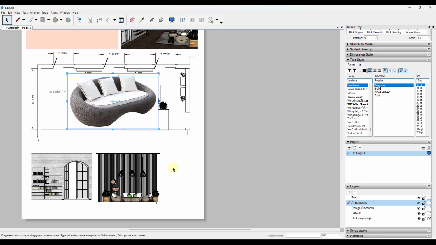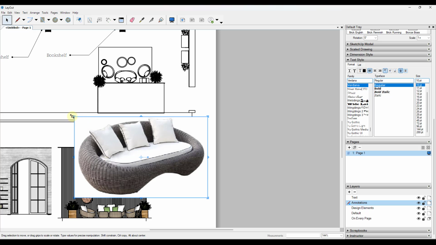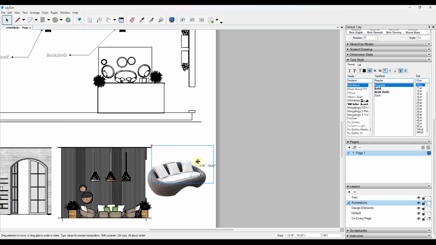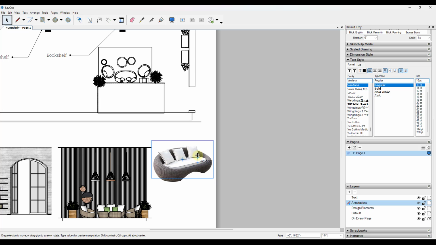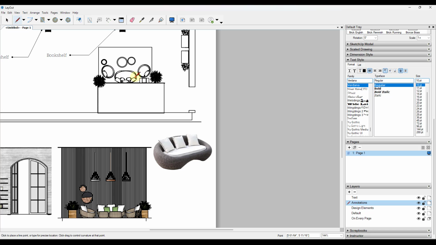And so one of the things we can do is we can just paste an image directly in. Like I just took a snip online of a similar looking product. Obviously it's not the same product, but it's something similar. So we could drop some images in here. We could even clip them out if we wanted to in order to add like a round background or something like that. But we could draw a line, and we'll probably want this on the annotation layer, but we could draw a line